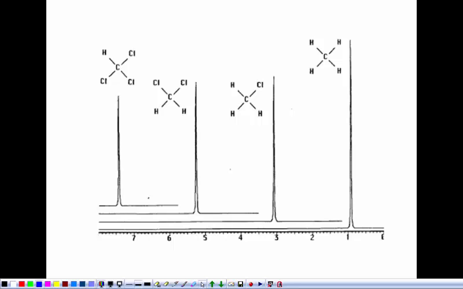Okay, we're going to start with spectroscopy today. Hopefully everybody got notes on their way in. So what we're going to start with is this x-axis. What is it? What units is it in? And then we will talk about determining the numbers of different peaks that you're going to see in an NMR